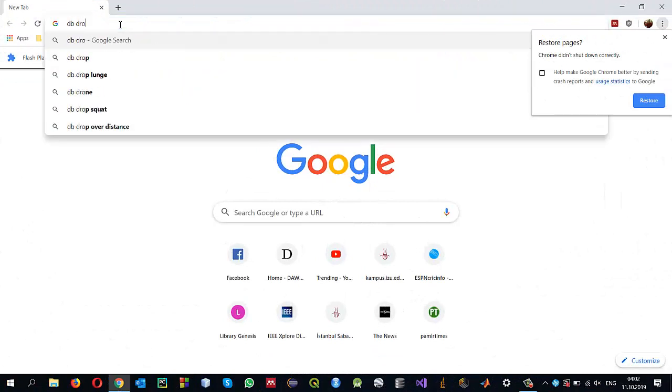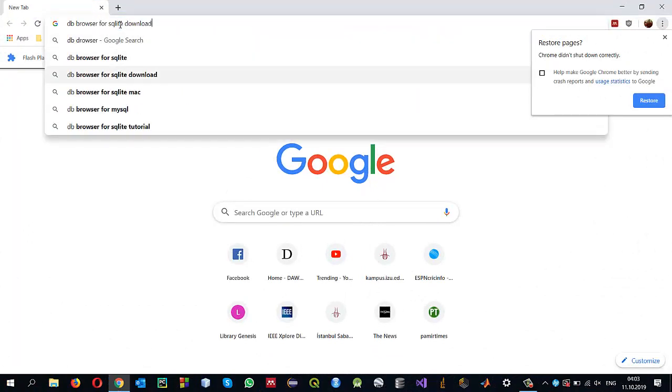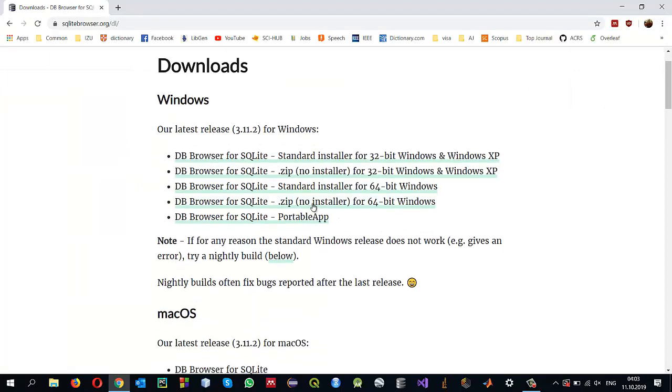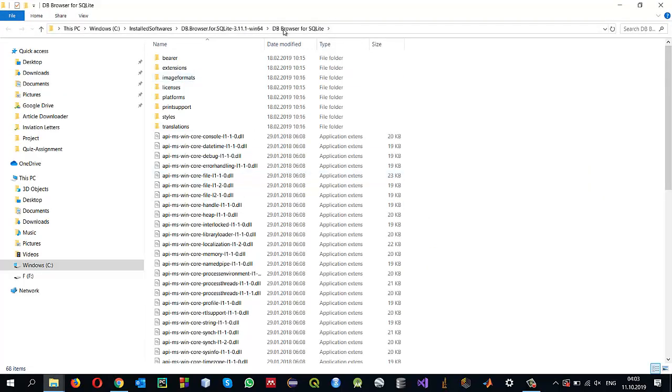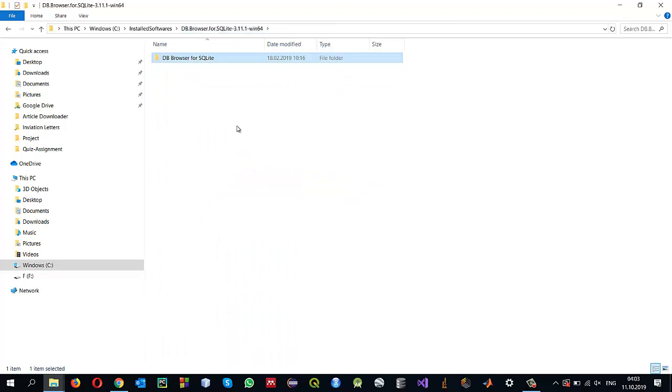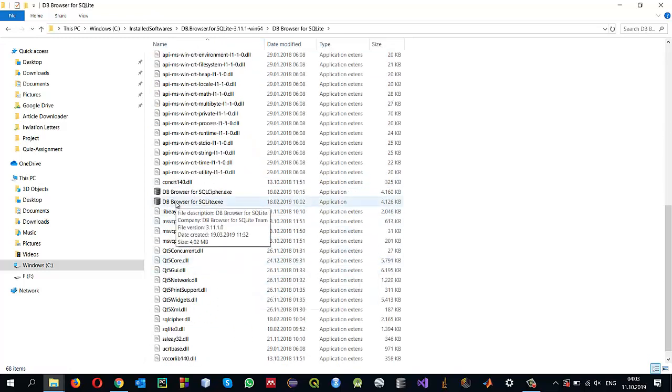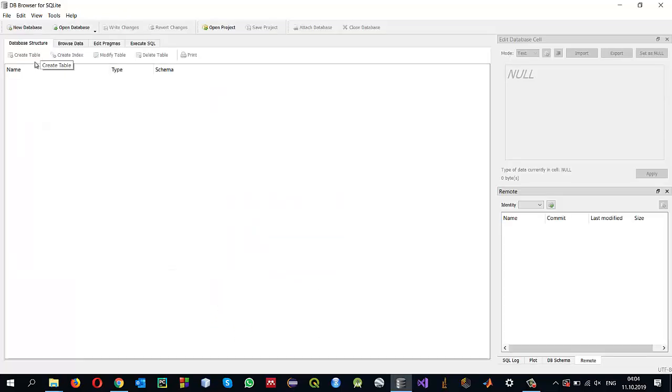So first of all, we need to download DB Browser for SQLite. In Google, just write DB Browser for SQLite and go to the sqlitebrowser.org website and download DB Browser for SQLite in zip format. Once we download it, we can extract it into a folder, go to that folder and go down, and you will see DB Browser for SQLite.exe. Just click on that and it will create this